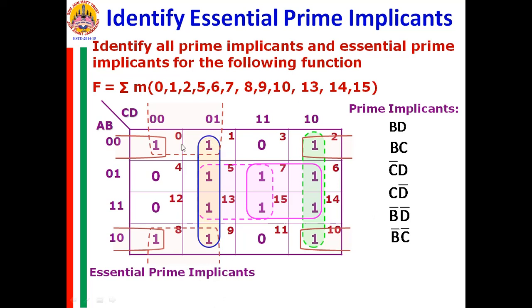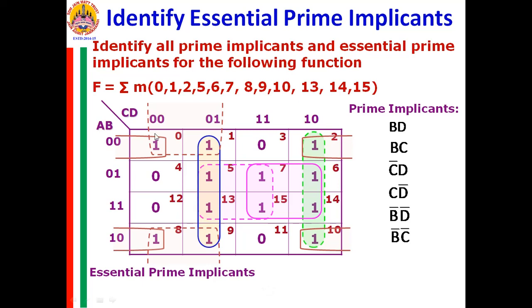I have already darkened the groups of 3 quads for which all the ones in this K-map are covered. You may think of any other combination also. For example, suppose I take this quad, this quad, and this quad. So overall, we require 3 quads. A minimal cover, whichever you obtain, may not be a unique solution. If 2 different persons think from 2 different points of view, their solutions may be different.